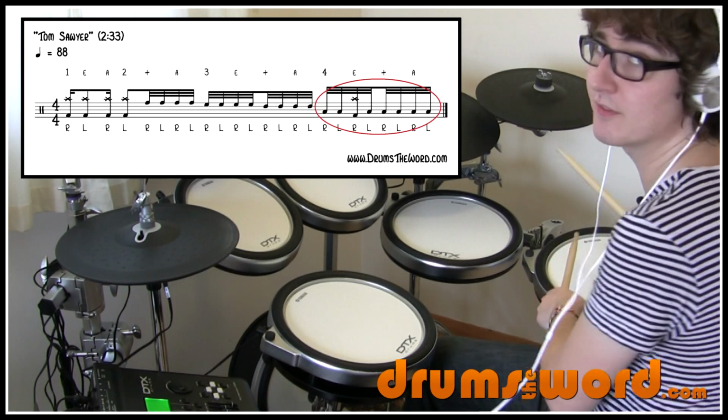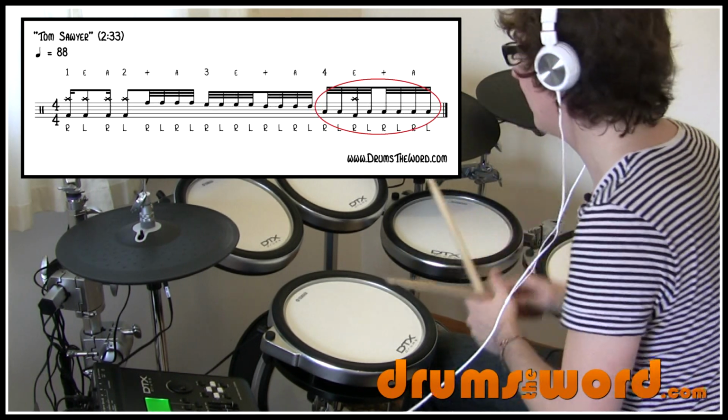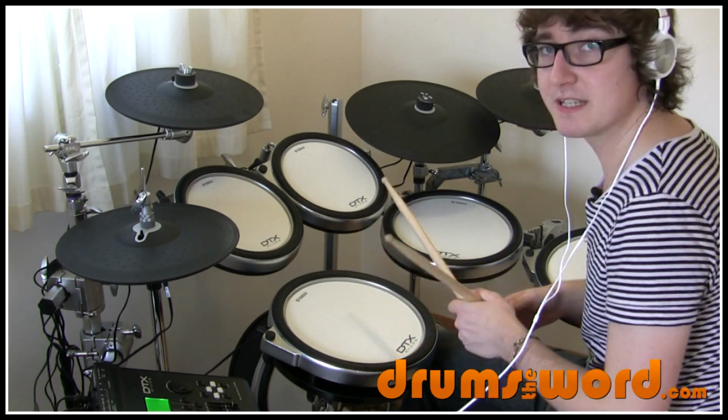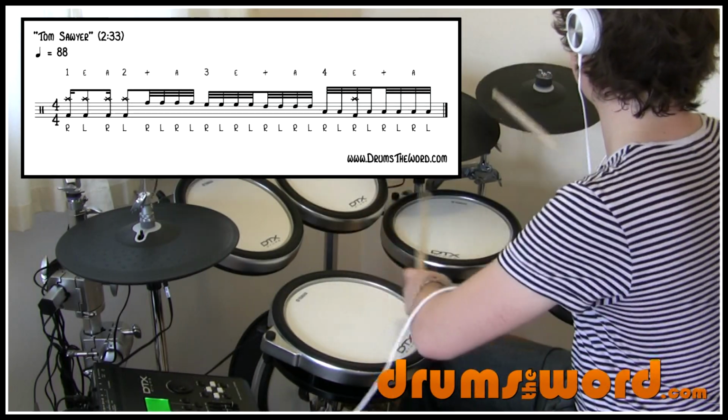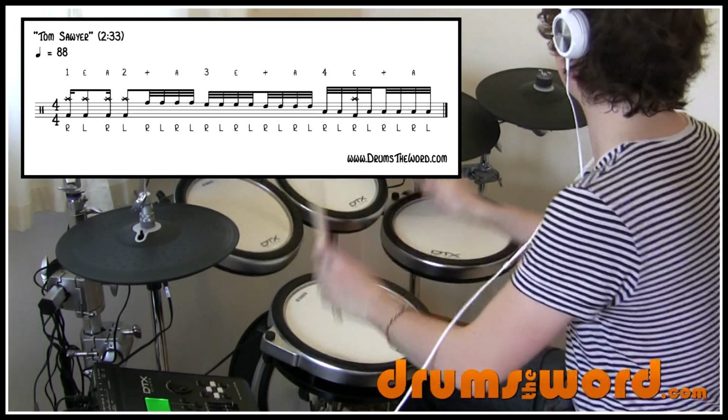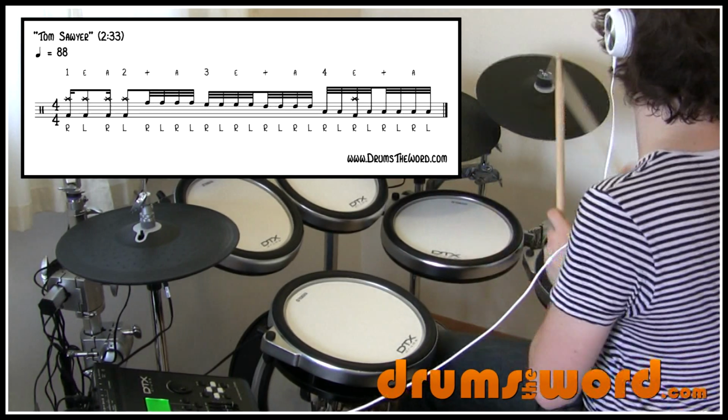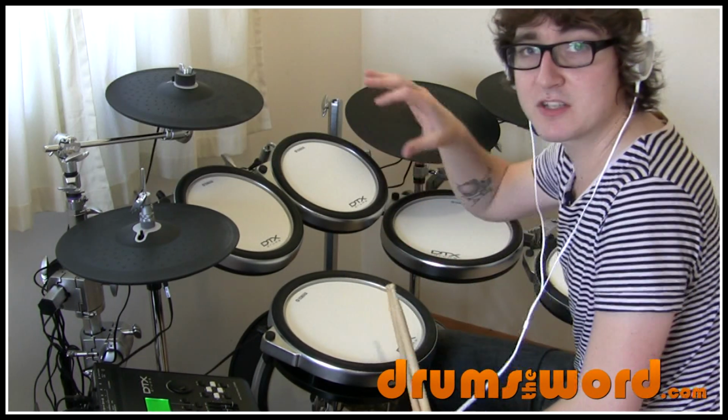You're playing right, left, the first two notes here, then you're up to the crash cymbal. So slowly, that whole bar would sound like this. 1E and 2E and 3E and 4E and